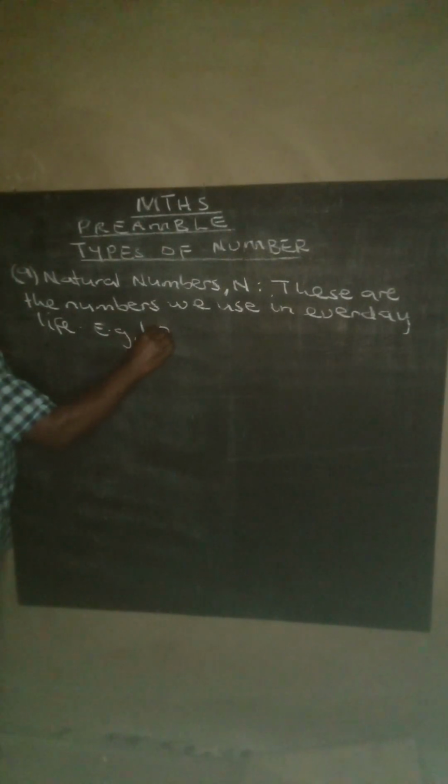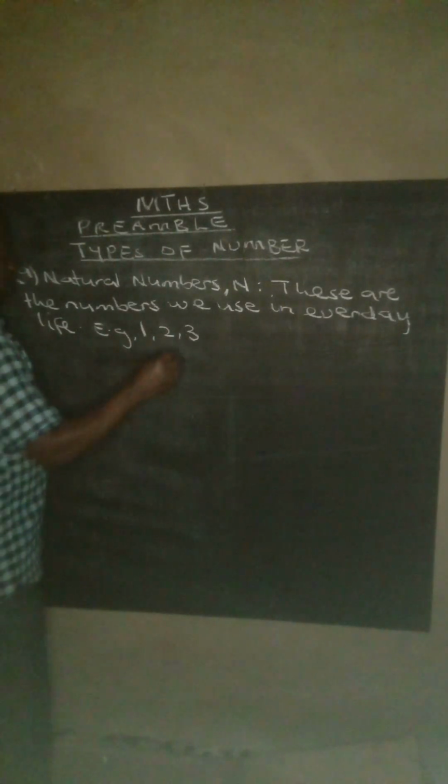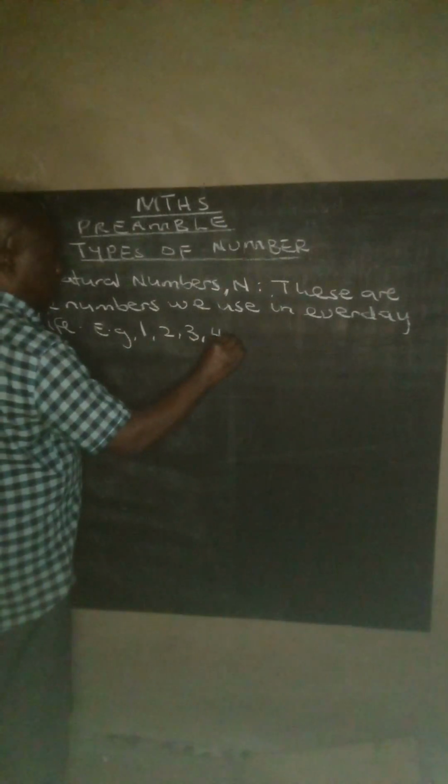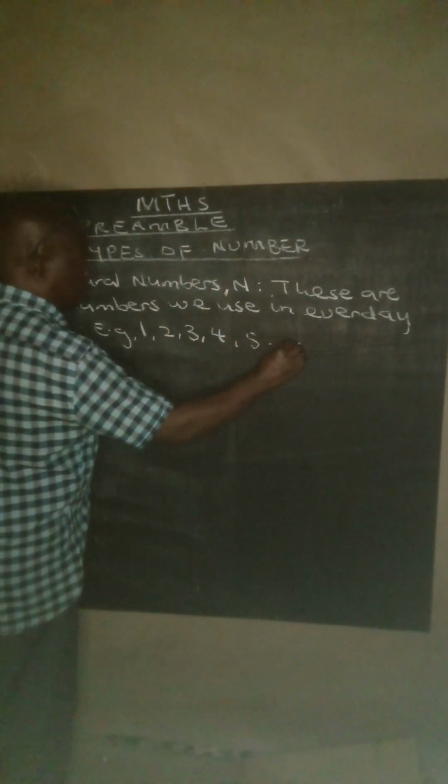So the natural numbers are what? E.g. 1, 2, 3, 4, 5, and so on indefinitely. You can get to 1,000, 1 million, 1 billion, 1 trillion. It goes on and on, especially when you are counting money. Then, apart from natural numbers, represented by N,